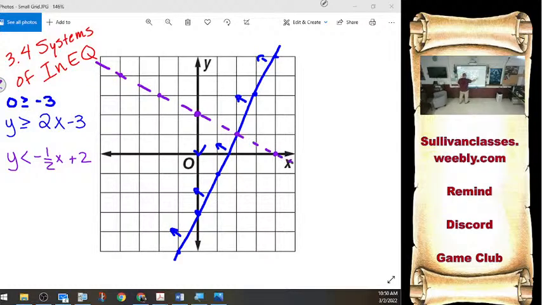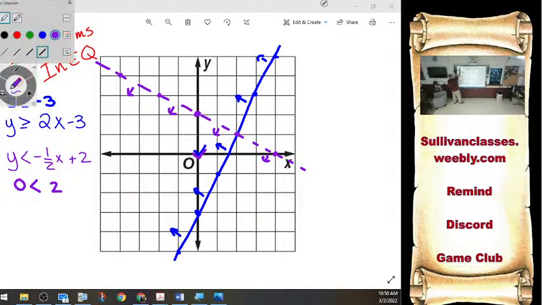Dotted line. Less ink here, less ink there. This says y is less than the line. Or I could put 0, 0 in there. 0 less than 2 is a true statement, so I would shade towards the 0. So if that point is a solution for both of them, if that's where all of my arrows are pointing,